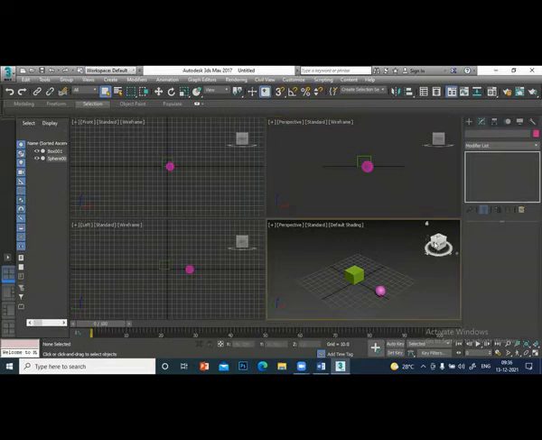You can see here, I can adjust my view using the view cube. This view cube is used to look at your objects in a direction. And suppose you lost something, you want to get back, you go here, there is a home button here. You click this home button. So you get back your default. So that is a view cube. So view cube is used to adjust your view.